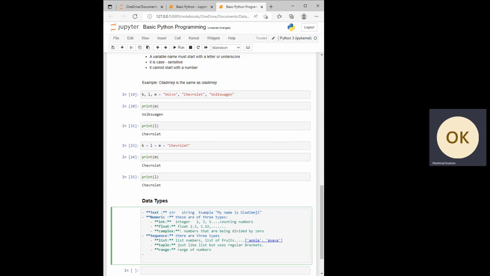We have the next one, mapping data type. What is mapping? We call it a dictionary. Dict, meaning